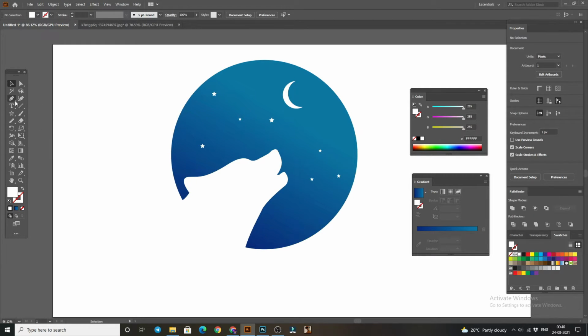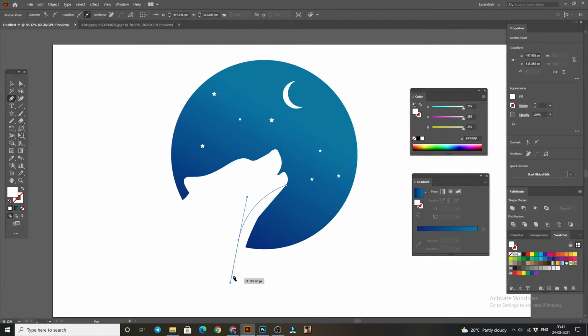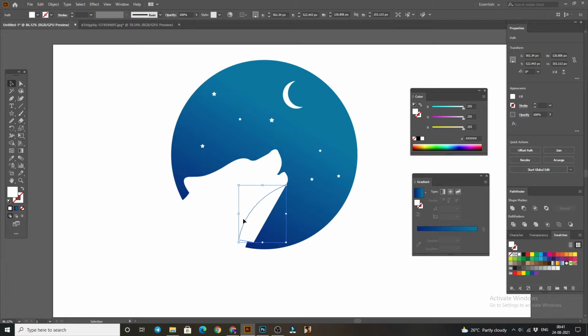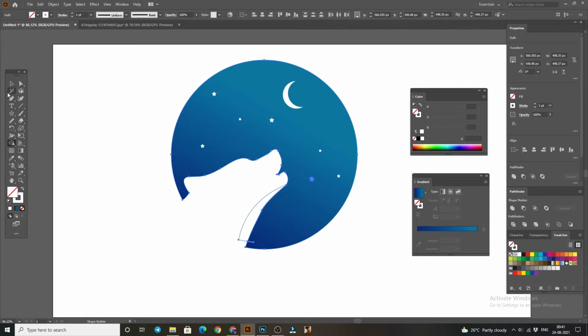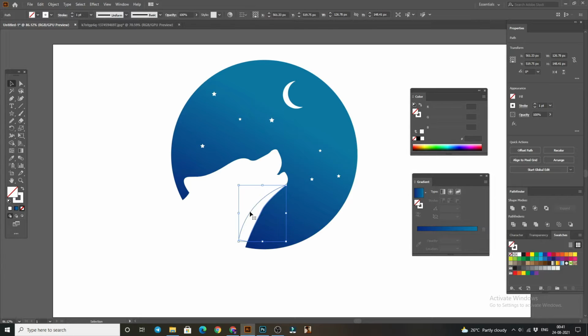logo. So first we can create a line here. So I am selecting a line, here I think, and now we have to change this shape into a stroke. Now select all the shapes and make it a shape, and select this corner and delete it. Now select this and delete it. Our shape is ready, so we can give some color here.